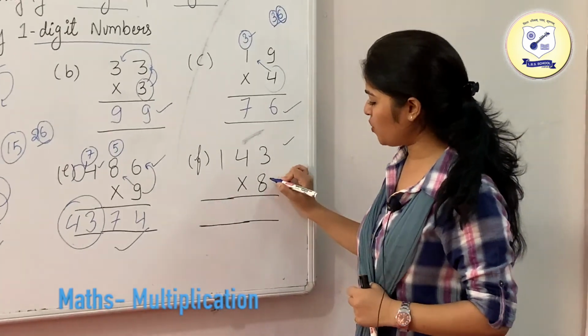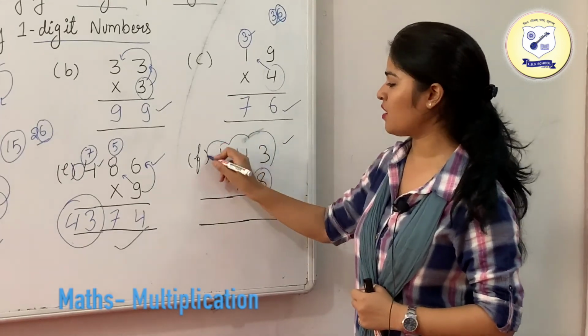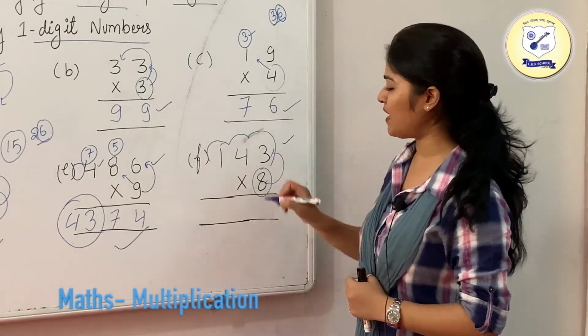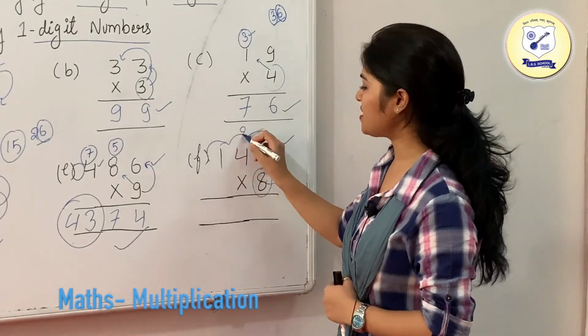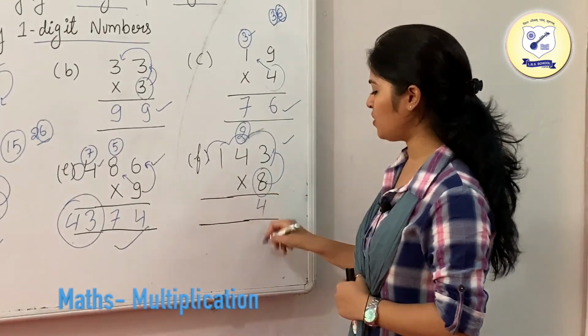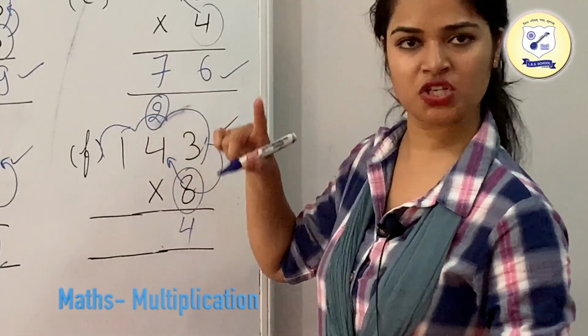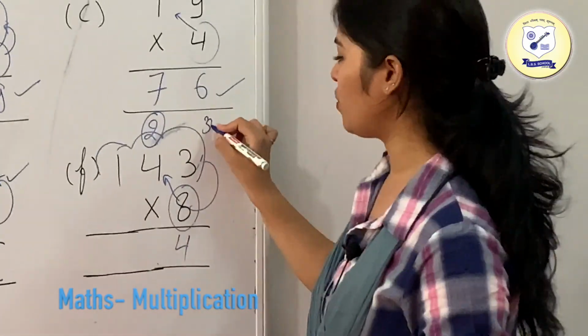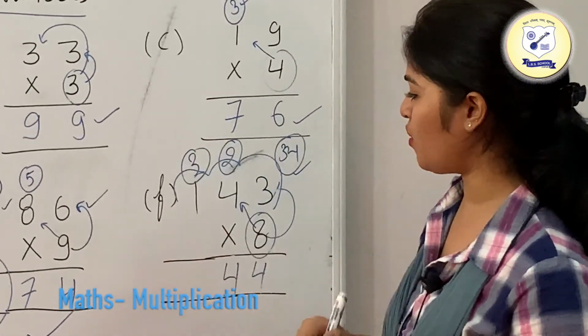Now this is our last example. Okay, what we are going to do is just multiply this 8 with the individual numbers, which are your 3, 4 and 1. Okay, so first of all we will multiply it by 3. 8 3s are 24. Just transfer 2 as your carry and write down the 4 in your answer. Now 8 4s are 32. 32 plus this 2, your carry, is going to be 34. Okay, so now we will write 4 over here and write 3 as the carry of the next number.